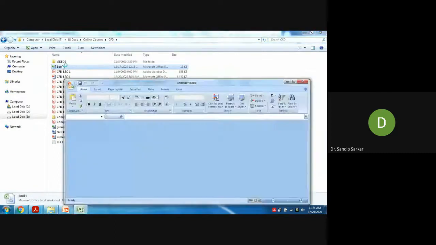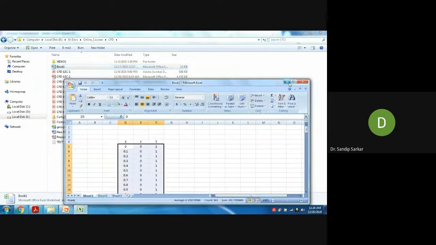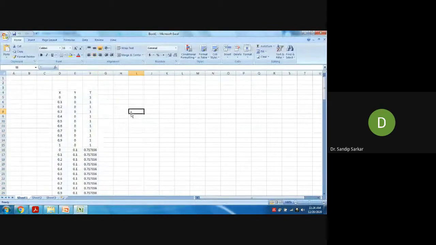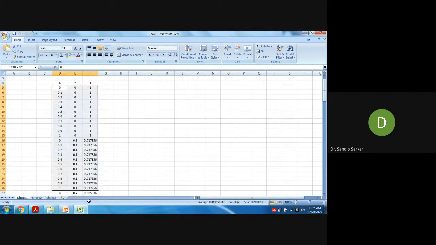I can open the Excel file. I also explained how to generate the array and how to read the array in the Tecplot file. See, these are the X coordinate, Y coordinate, and temperature value. That means if you discretize the domain into a number of small computational grids, at every grid you know the coordinates: coordinate number 1, coordinate number 2, coordinate number 3, and so on. For every coordinate, you have to store the X coordinate value, Y coordinate value, and temperature value, in Excel or in a data file.